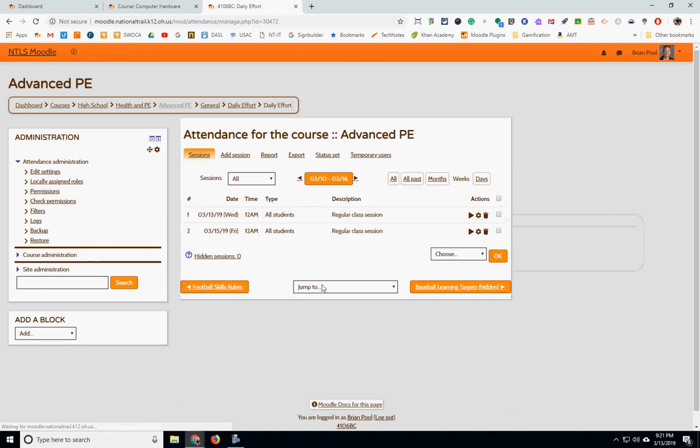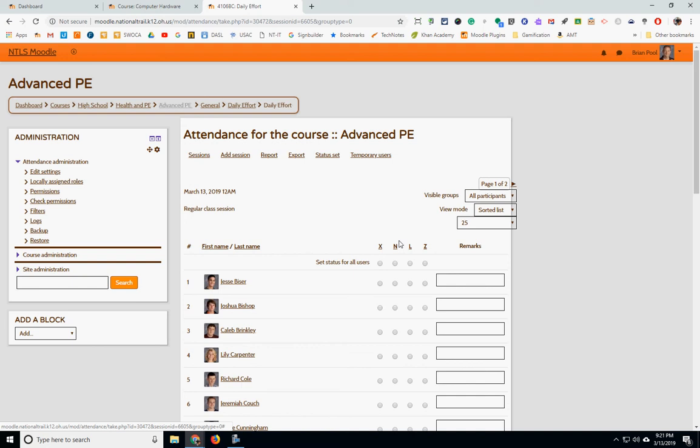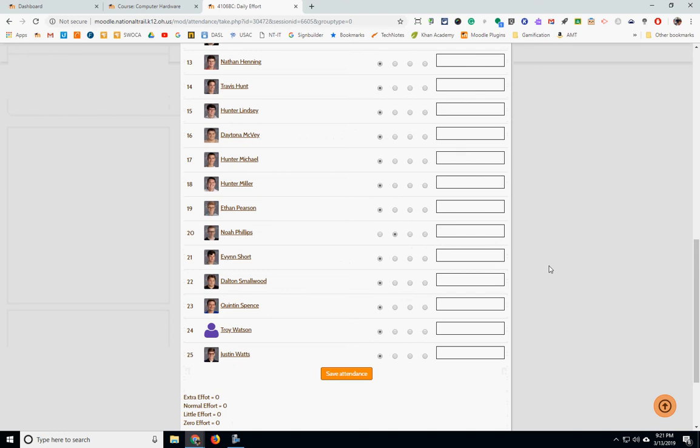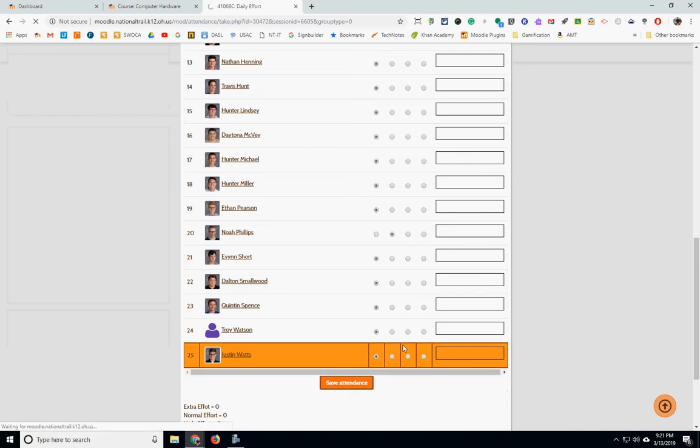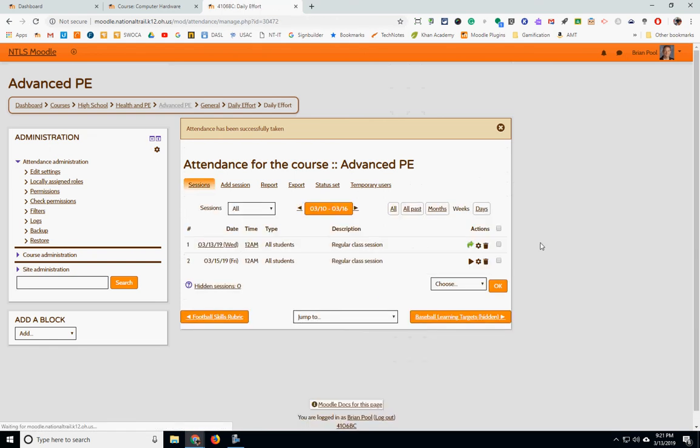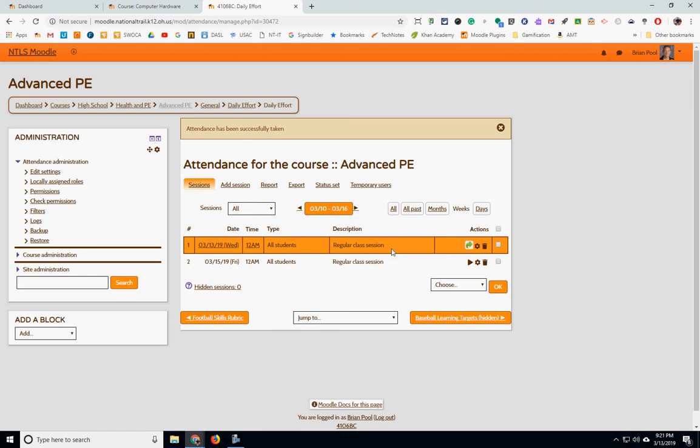So now when I come into class, if they go in here, I can click it and say everyone's got that, and then maybe this one student didn't do very good, so I'm going to lower Noah Phillips' grade that day, and I'm going to then hit save attendance. So, oops, I got more kids on the second page because this is a really big class. There we go. So I've done the attendance,